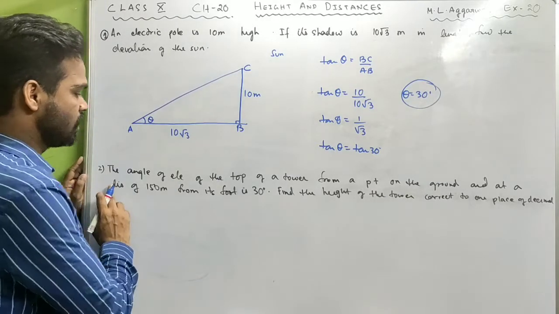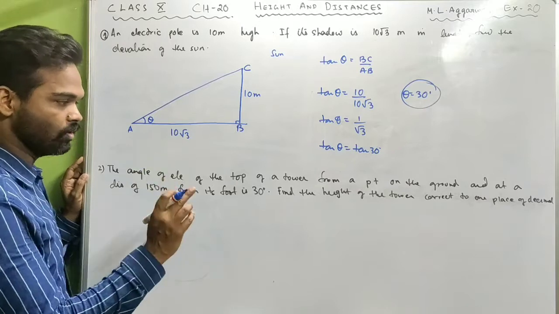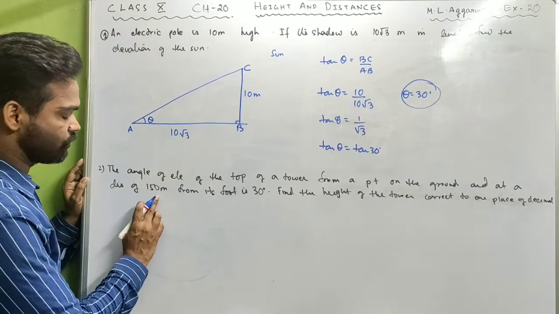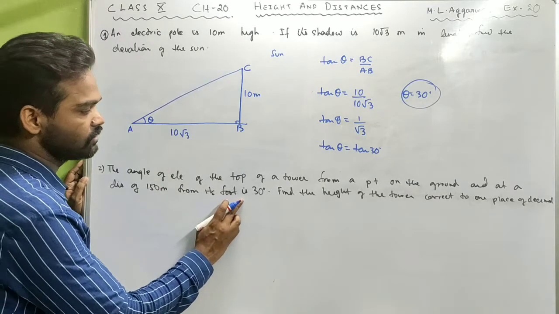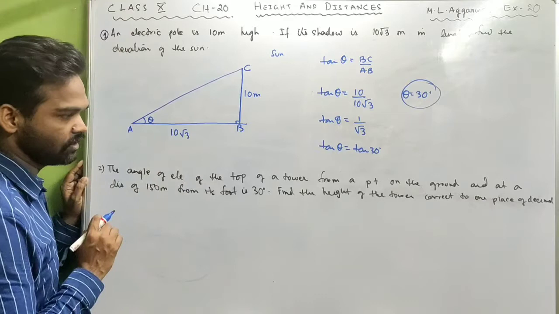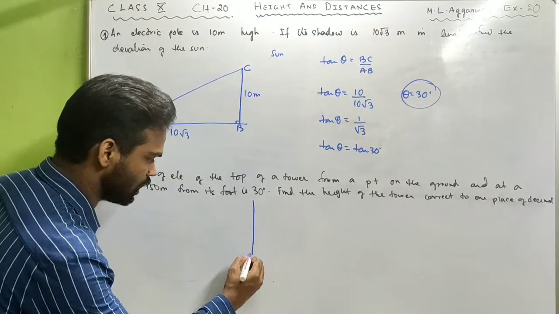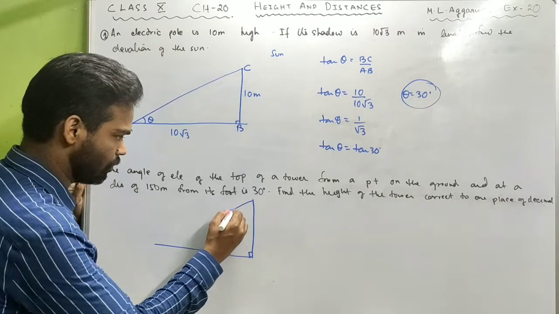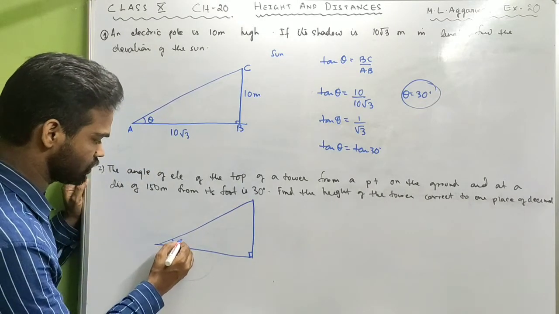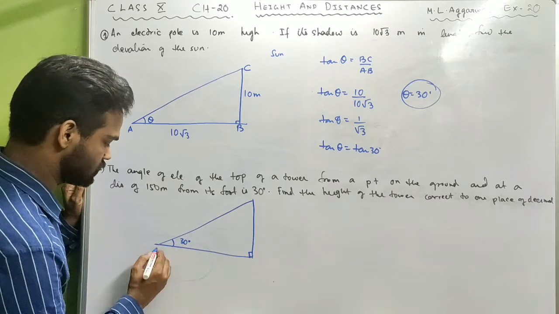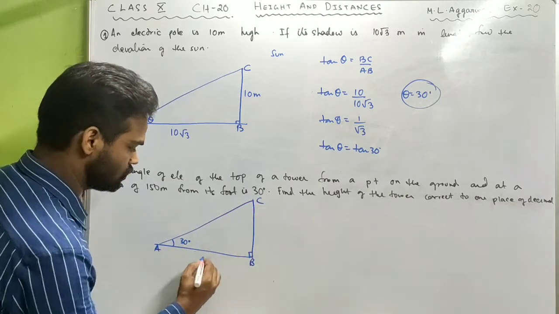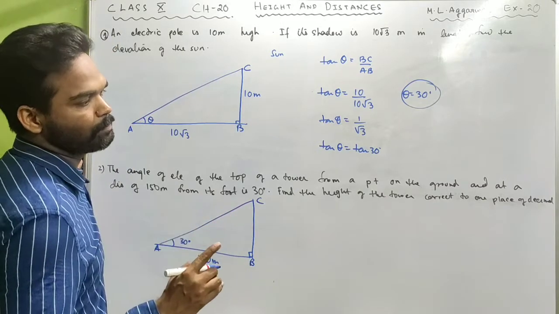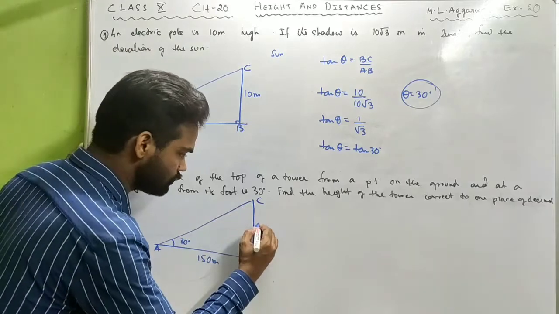Now see the next one, number 2. The angle of elevation of the top of the tower from a point on the ground and at a distance of 50 meter from it, its foot is 30 degree. So there is a tower. You are seeing the top of the tower, isn't it? The angle of elevation is 30 degree, and this distance is 150 meter. Find the height of the tower correct to the one place of decimal, which means they're asking